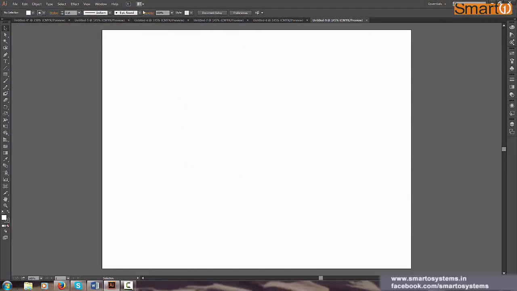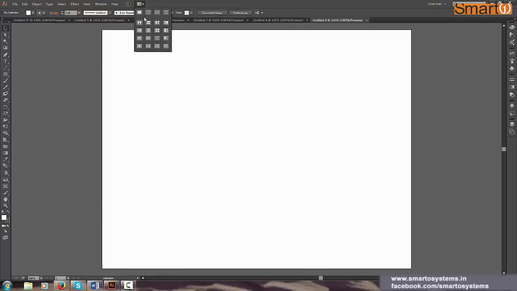Now on the top middle, there is one button called Arrange Documents. If you want to see a tooltip of anything in Illustrator, you just drag your mouse over that icon or button or anywhere, and leave it there. It will show you a tooltip for that, and also a shortcut key. On the toolbar, it will show you the shortcut key along with the name of the tool. On the panel, it will show you the name of the panel. And here it is showing me the name, Arrange Documents. So I just click on this, and now it has so many options in it.